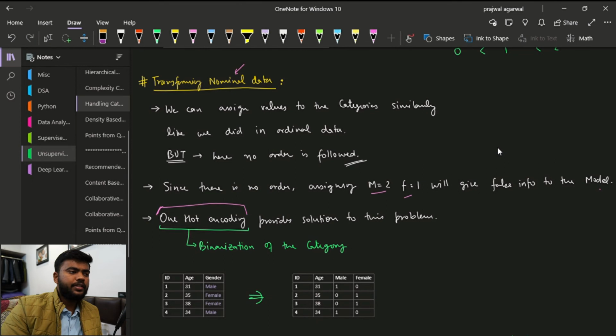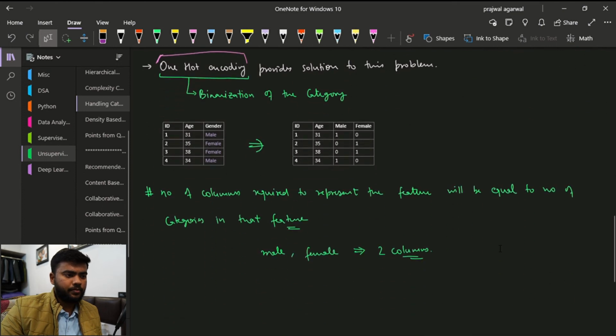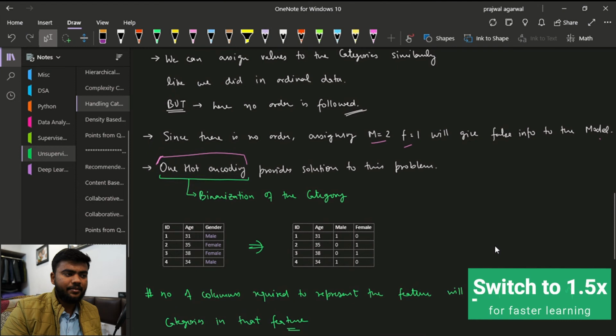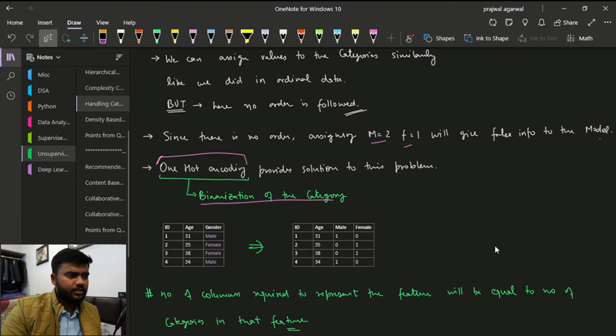So in the situation where we have to deal with nominal data, one-hot encoding is used to solve our problem. Another name for one-hot encoding is binarization of categories. For example, we have gender here. Instead of gender, the categories in the gender feature are made into attributes, and then we just specify 1 or 0.